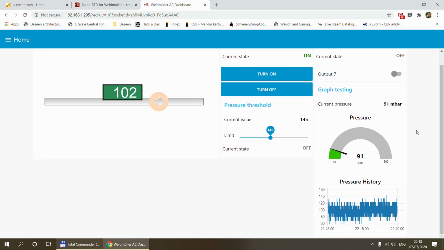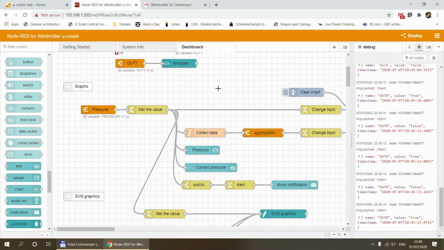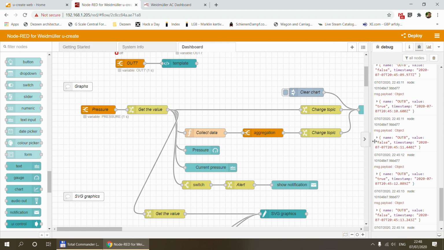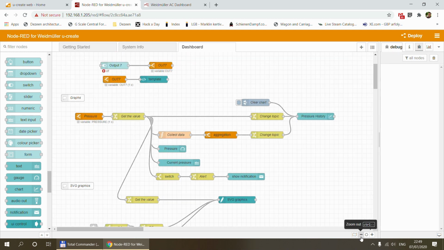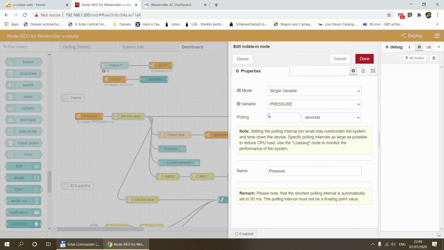Next one is slightly bit more complicated. These are the graphs, but actually that's going to be very simple as well. And for this, I'm going to use the pressure sensor. So let's look at the code. It starts to look a slightly bit more complicated. By the way, if your flow is too big, you can zoom out like this and it just basically gets smaller. So we start with an IO data in node, which is set to the pressure variable